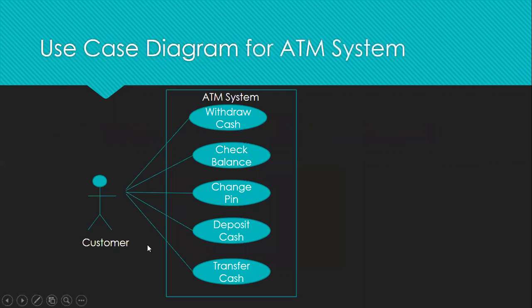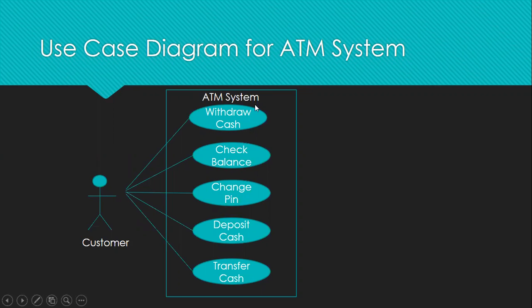So see, if we take an ATM system, a customer goes there. Is there someone sitting behind the ATM? Is someone standing or sitting behind the ATM? No. Is someone sitting behind it, putting in cash when you ask for cash, or checking the balance when you check the balance? Is anyone doing that? No, right? You are just directly interacting with the ATM machine, isn't it? So there is only one actor. Only a customer is there, right? So there is one actor.